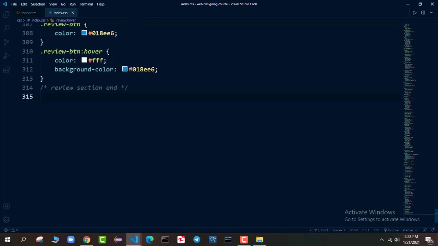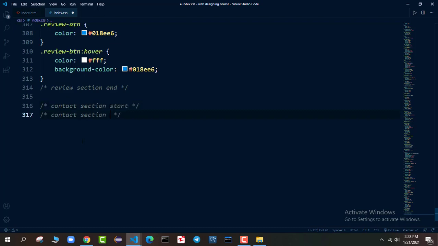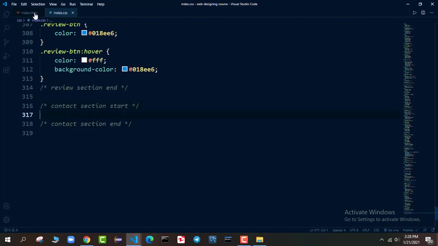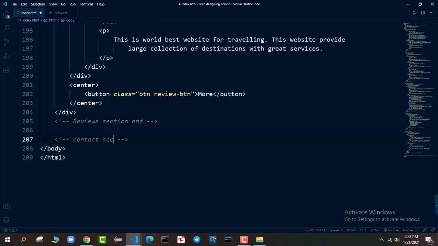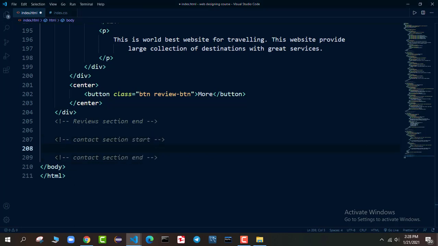Now it's time to create a contact form. So we'll say contact section start and contact section end. Let's go in the HTML, add comments, contact section start, contact section end.